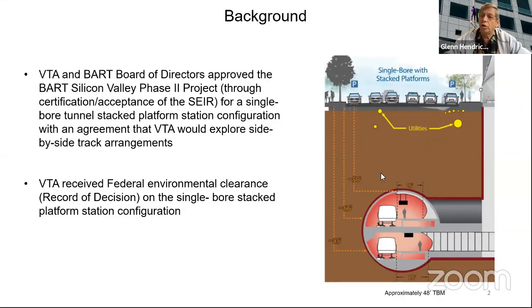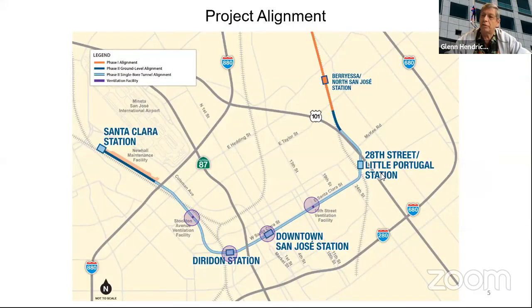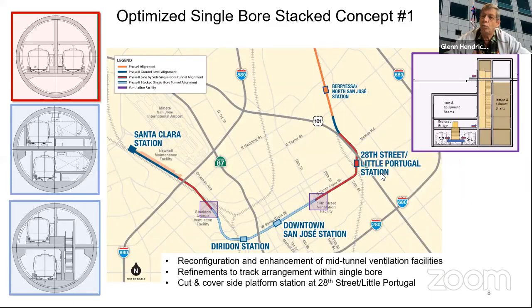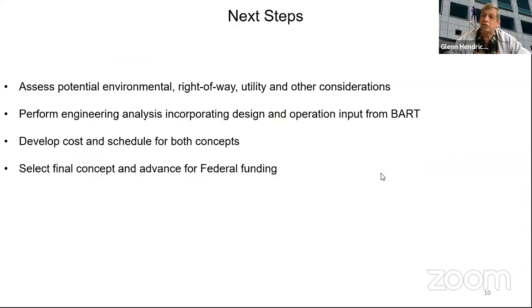The options we're looking at do require at the ventilation stations some amount of cut and cover work. That the options we have right here are addressing BART's concerns. The next steps are going to be we have to continue the design work to refine the dollar estimates and the risks of these different options. And that what we're seeing right here is a really good collaboration and working relationship between VTA and BART. Was I paying attention correctly?